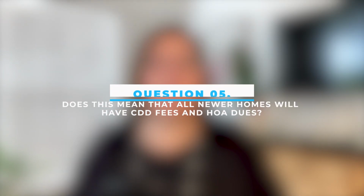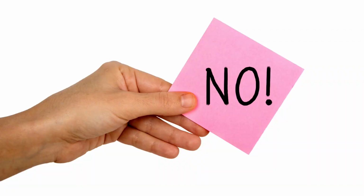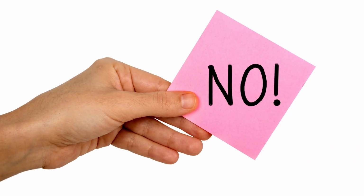Number 5. Does this mean that all newer homes in these communities will have both CDD fees and HOA dues? That's a big one, because some people say, Jill, we've got to keep these expenses low. This is ridiculous. Thankfully, the answer is no. Just because a house is new or newer does not automatically mean there are going to be CDD fees